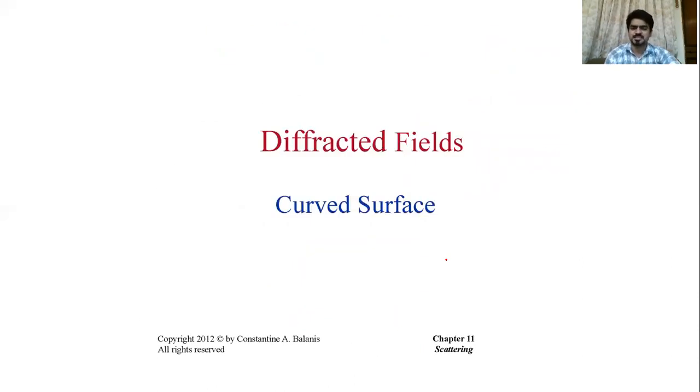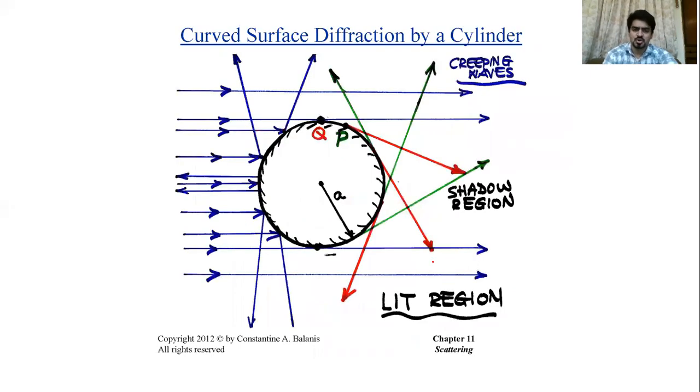Now the other topic is diffraction from the curved surface. We have talked about the curved edge, basically edge diffraction. The other one is a curved surface. We have discussed this diffraction from the curved surface when we considered scattering from the cylindrical structure, and we said that in order to explain diffraction from the curved surface, we use the mechanism of creeping waves. We said that you will have some point where these waves get attached to the surface, so that is a point of attachment. Then those waves will travel along the circumferential surface of the cylinder.